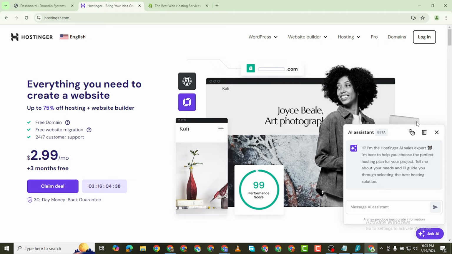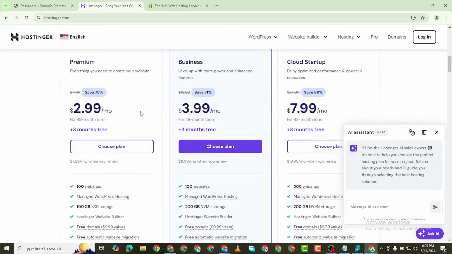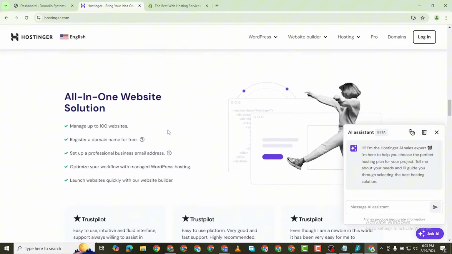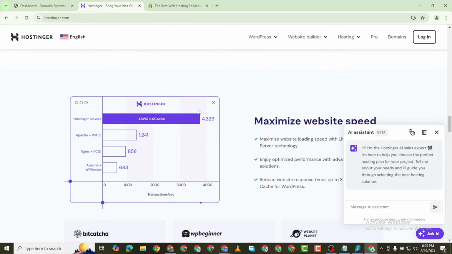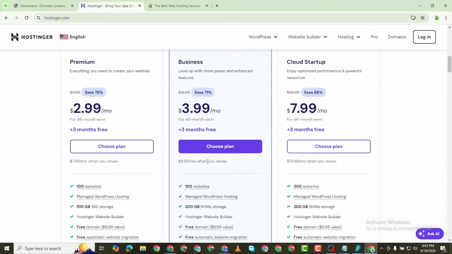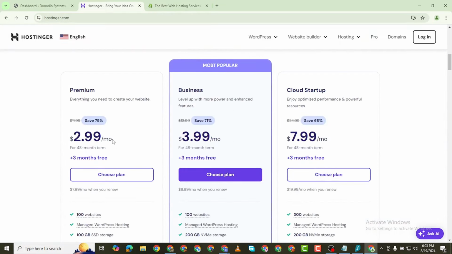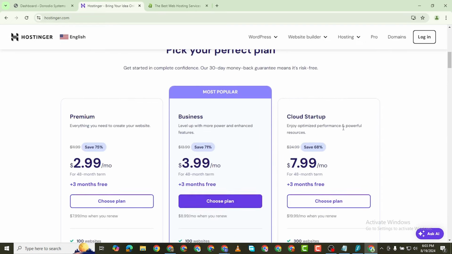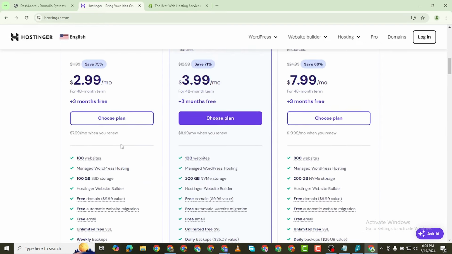In my case, I have two very good options for you. The first one is Hostinger. Hostinger is one of the most popular web hosting providers in the entire internet. You see they have these very affordable plans: 2.99, 3.99, and then 7.99. For this, you get 100 websites, 100 gigabytes of SSD storage. So if you choose this one,